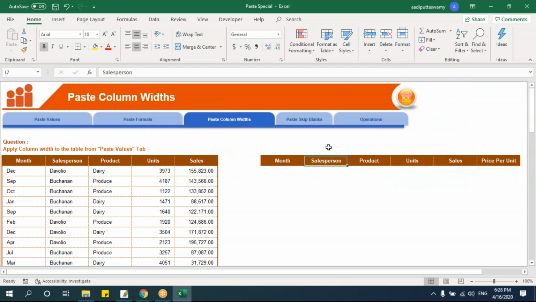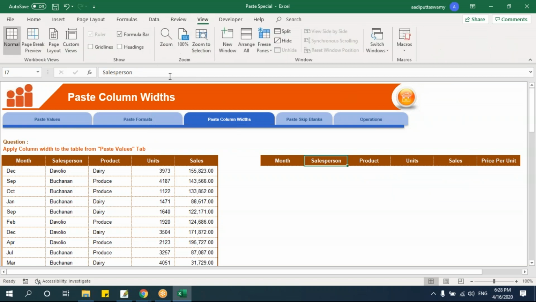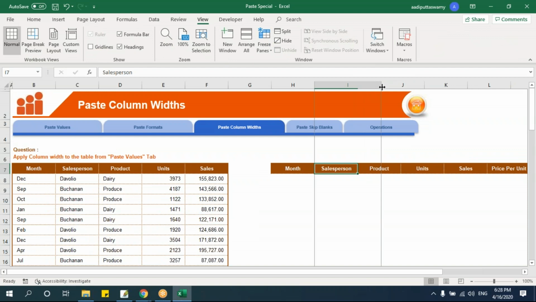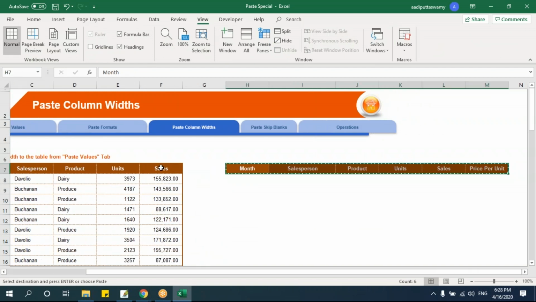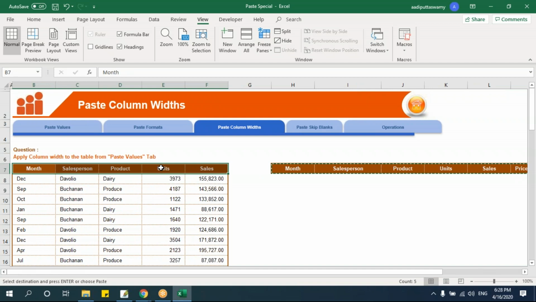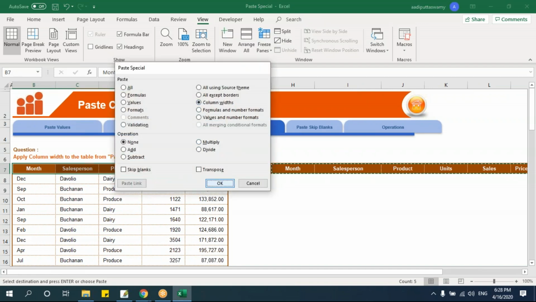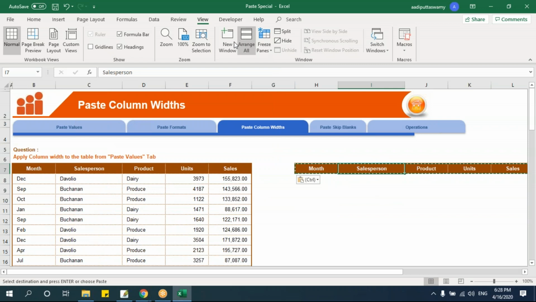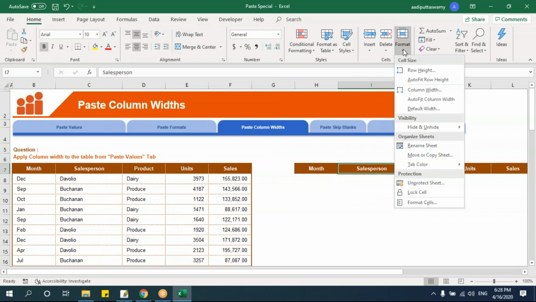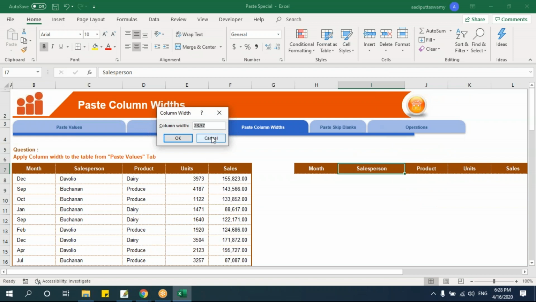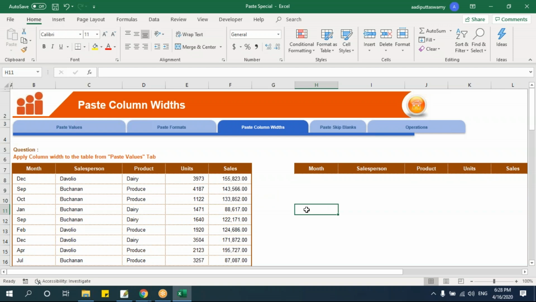So if you want, we'll try to increase one of the columns. Let's take this heading, just increase this. Now let me copy this. Again, we'll paste it. Alt ES, column width. Say OK. See now, let's check the sales rep. The column, format, the column width, 23.57. Let's check this. Format, column width, say 23.57. Right? So this is column width. That means I'm just copying, I'm trying to paste the column width instead of values.